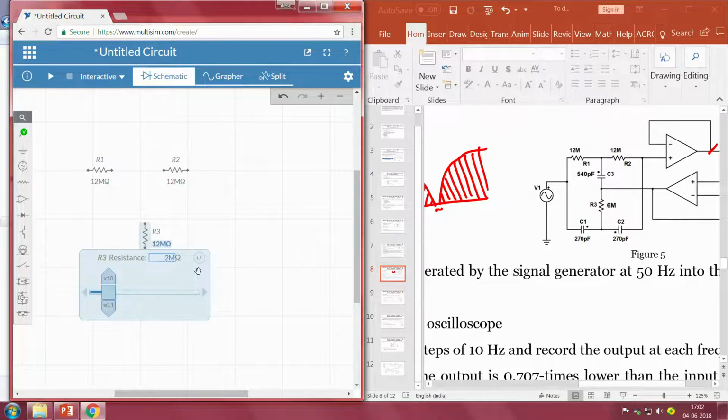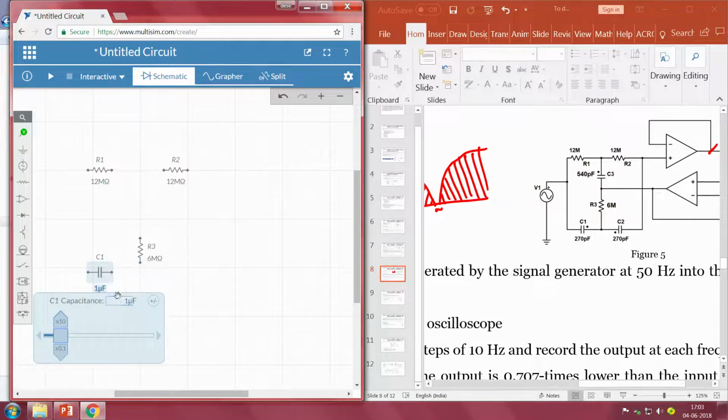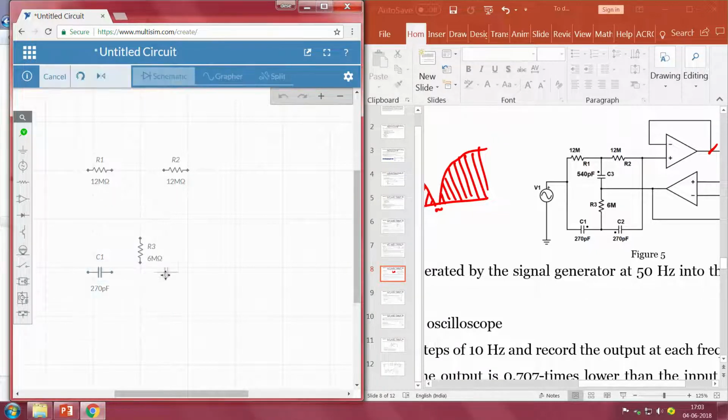Now, we also require 3 capacitances. Capacitor C1, I am saying, is 270 picofarads, and then 2 capacitors, and the value of the capacitor should be half that of our C3 capacitor.